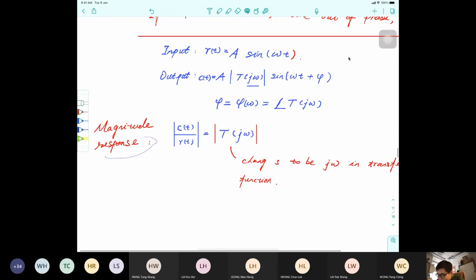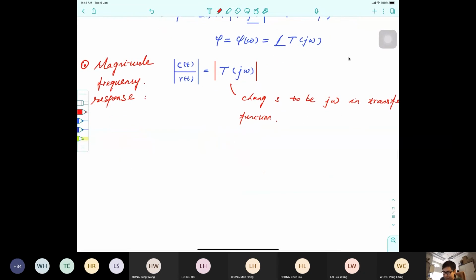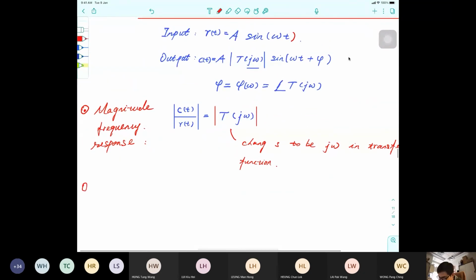So this C(t) over R(t), we also call it magnitude frequency response. 也就是说，在不同的 frequency，它的 magnitude ratio 是不同的，right？这个是第一个。